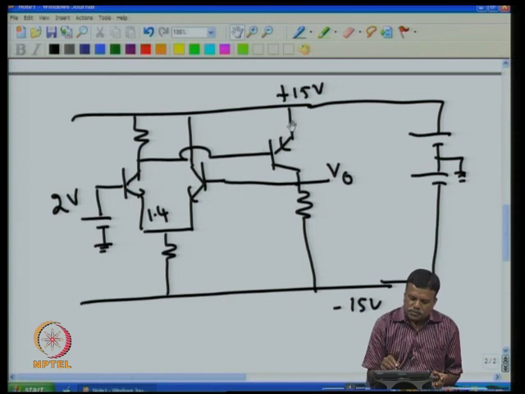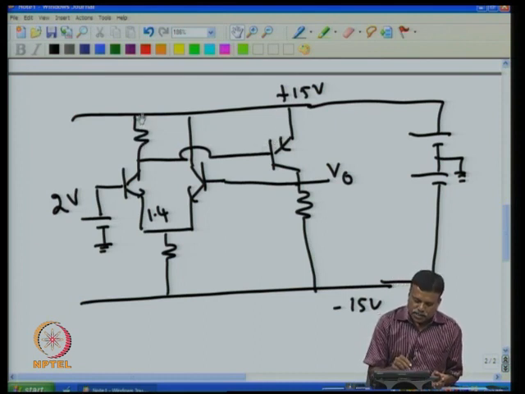Now we know that this is a PNP transistor, and the base emitter voltage only had to be 0.6 for forward biasing. That means if there is a current, and that current produces a voltage of 0.6 volt across this, then that 0.6 volt will make this transistor forward biased. That means it will start conducting, and then the current will flow through this. So if I apply 2 volt, this fellow sits at 1.4, that makes the current flow through this,